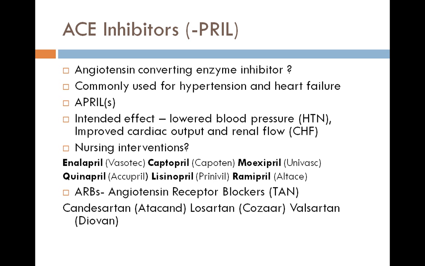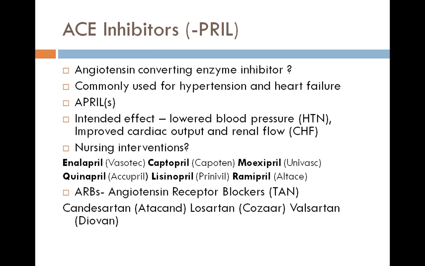Now, what I put down here, I put down ARBs. ARBs is another drug class that you may see being used with ACE inhibitors. ARBs are your angiotensin receptor blocker medications, and ARBs tend to end in TAN. And so what is the difference between an ACE inhibitor and an ARB? And so what I found in reading is that we have